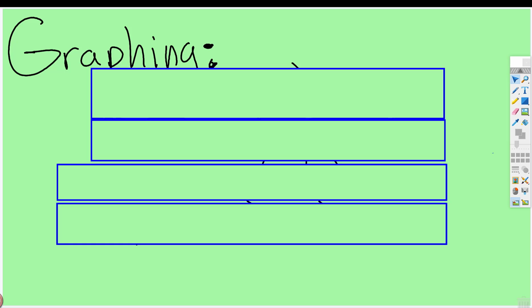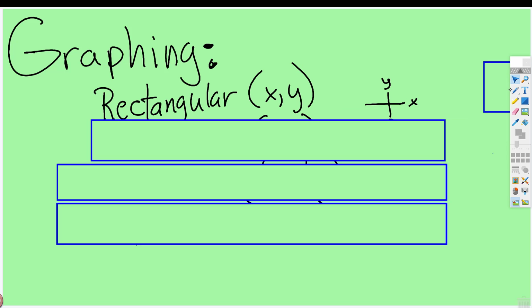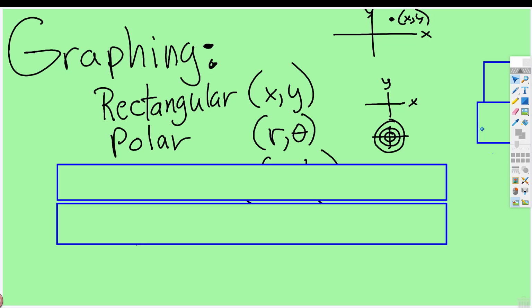Okay, now we're going to graph several different forms of numbers, one of which you're very familiar. So the first form is just rectangular form, XY. Probably since 5th or 6th grade, you've had a coordinate graph and you had to plot a point. That point is XY. Well, in trig, we have polar coordinates,